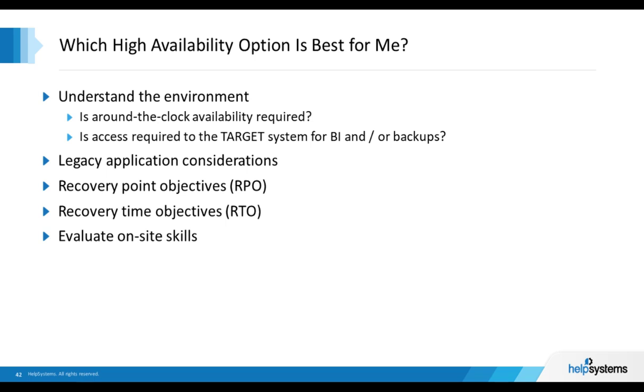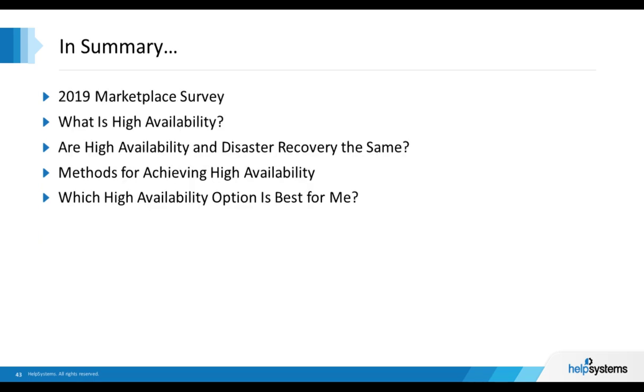Fantastic. So, where are we in summary? So we started off today with a quick look at the Health Systems Marketplace survey and saw that around half the respondents have HA solutions. Great, but HA is a concern for more than half of them. We also saw that 71% of respondents rely on IBM to run more than half their core business. Tom then unpicked HA and saw that really to be classed as a highly available application, it needs to be available for 5 nines or 99.999% of the time. So just 5.26